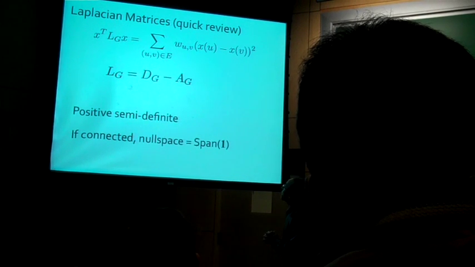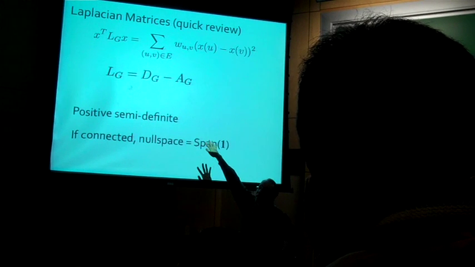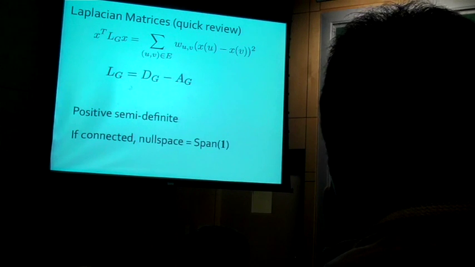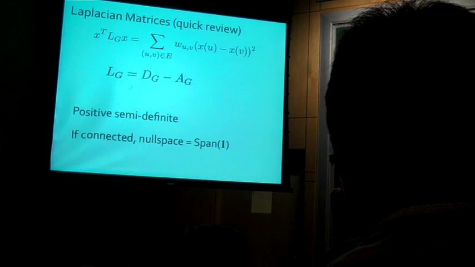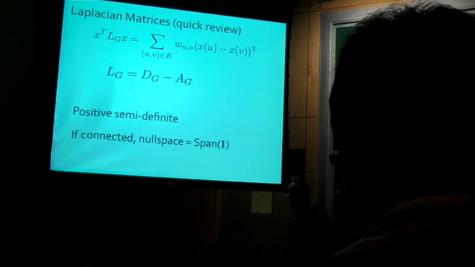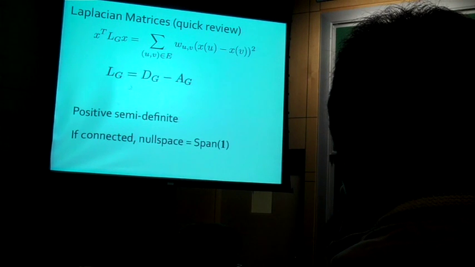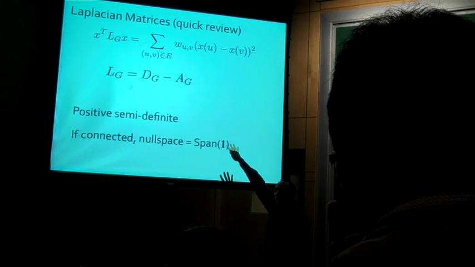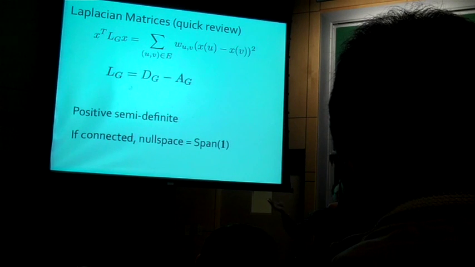But if you want to think about it, the Laplacian can be written as the difference of two fundamental matrices associated with a graph. This one, D_G, we call the degree matrix of the graph. That is, it's a diagonal matrix, and the rows and columns are indexed by vertices. So the entry corresponding to a vertex on the diagonal is its degree, that is, the sum of the weights of the edges attached to it. So the Laplacian is the degree matrix minus the weighted adjacency matrix. The adjacency matrix of a graph usually is, if it's an unweighted graph, if you have nodes i and j and they share an edge, you put a 1 in the matrix.